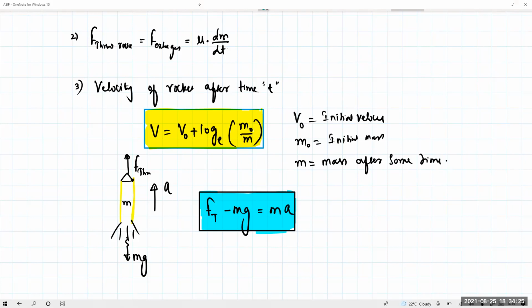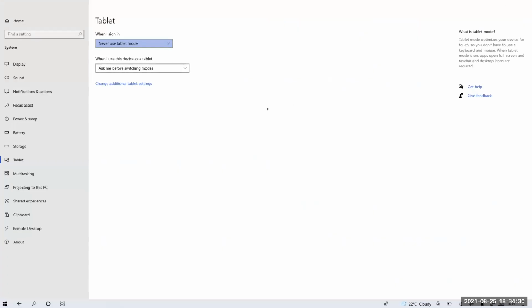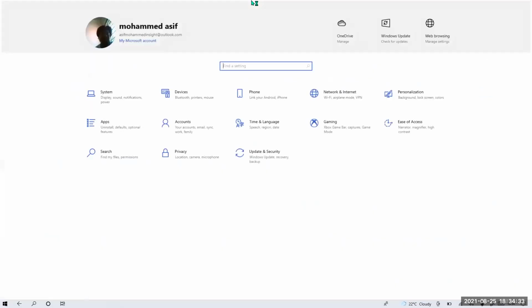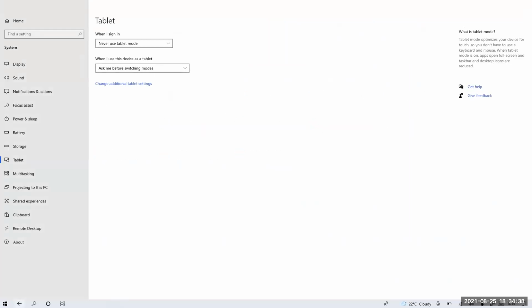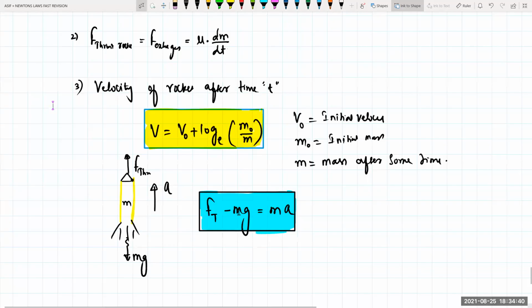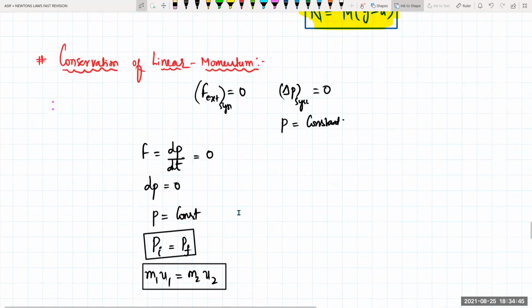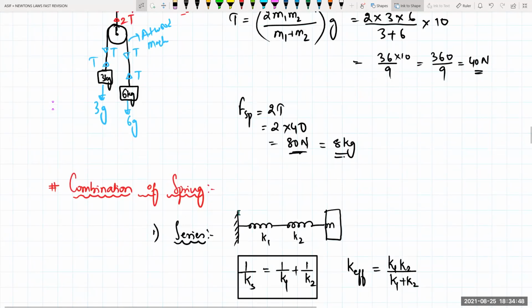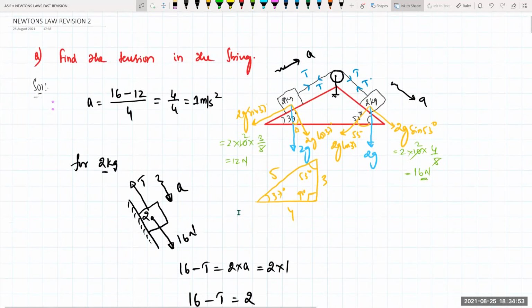One small topic has been left out, that is pseudo force. That one is left, we will try to do it. Almost everything I have covered. Practice springs especially, momentum conservation, impulse and free body diagrams. So pseudo forces, and today I'll try to send you one assignment on Newton's laws of motion that we'll try to discuss in tomorrow's session of your class.